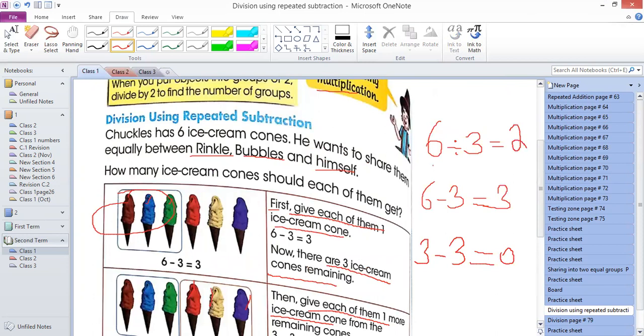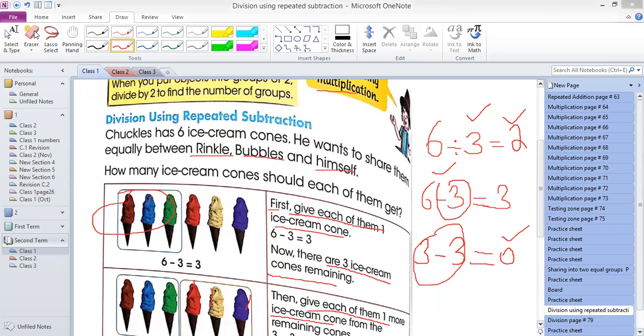I repeat, guys, how you will do it. In division using the repeated subtraction method, because you are dividing 6 among 3 people, subtract 3 from 6. Keep subtracting 3 until you get 0. Now check how many times you subtracted: 1 time and 2 times. So 2 is your answer. Is it clear, guys? Yes, sir. Clear. Very good.